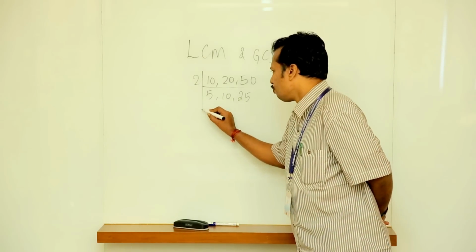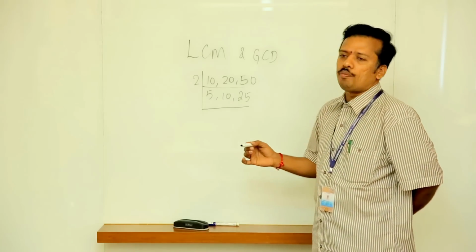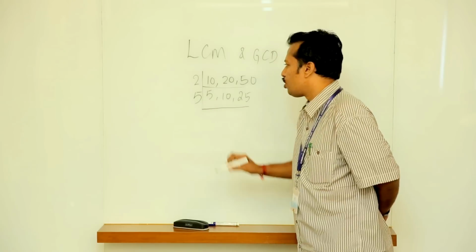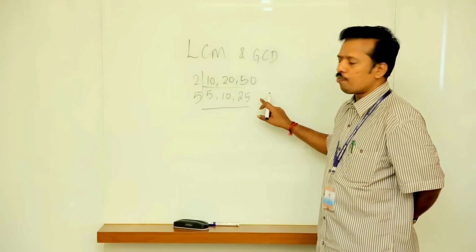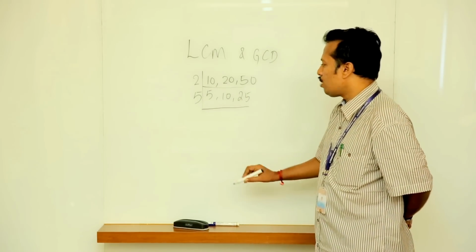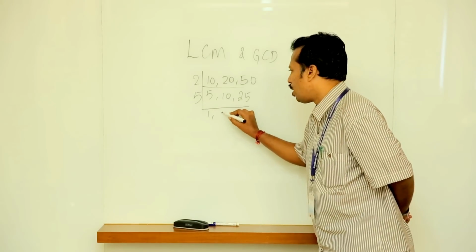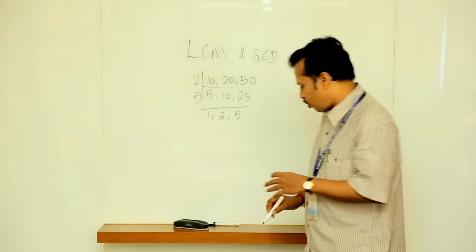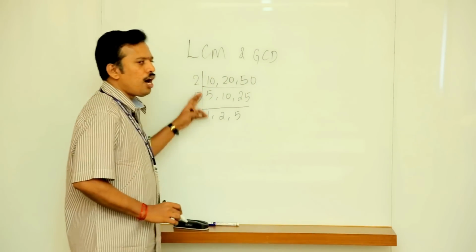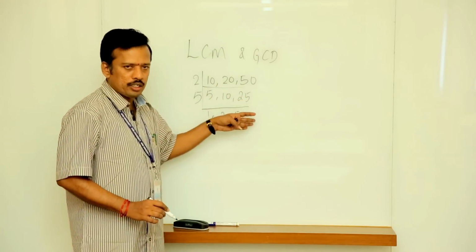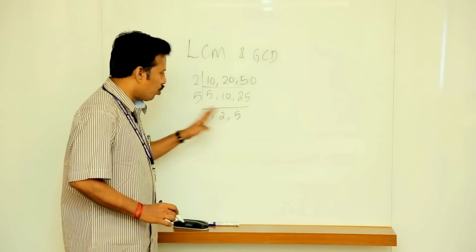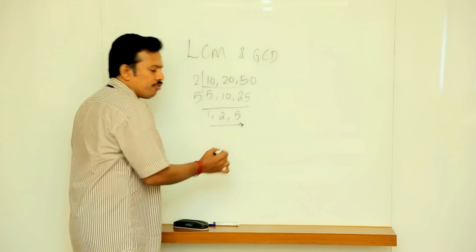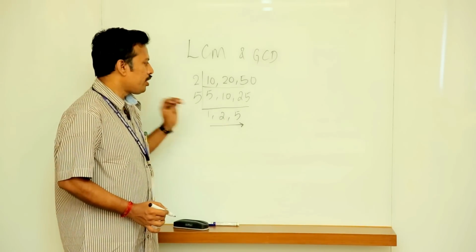Again, between these numbers, what is common? So identify a common factor, remove it. All these numbers are divisible by 5 because the unit digit is either 5 or 0. So it is divisible by 5. You need to continue the process by removing the common factors between all, or even if you have a factor which is common to any of these, remove it. Finally, you need to leave where there should not be any common factors other than 1. That is your final stage.